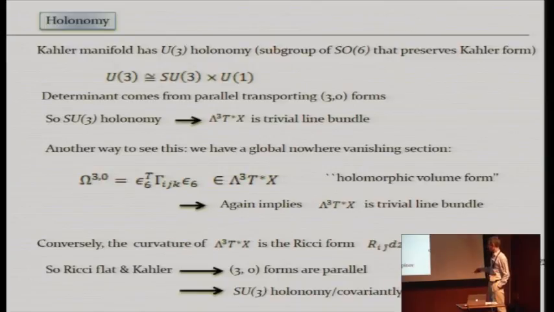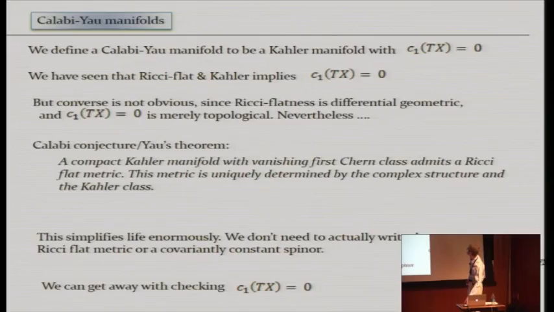At this point, we've reduced the problem of finding an unbroken supersymmetry to finding a covariantly constant spinor, and we said that's equivalent to finding a Ricci-flat and Kähler manifold. But Ricci-flat metrics are really hard. It's very hard to write down an explicit Ricci-flat metric on a Kähler manifold. And in fact, there are basically no non-trivial solutions of such Ricci-flat metrics known. So what are you going to do? Well, let's first make a brief definition. We define a Calabi-Yau manifold to be a Kähler manifold whose first Chern class vanishes.